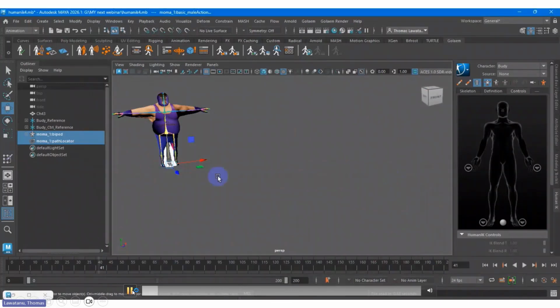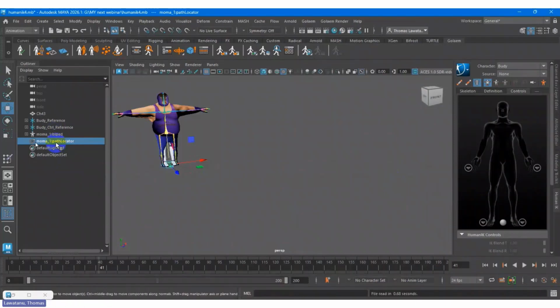Okay, the first thing, when you see the outliner, once you apply the motion maker, there is a path locator. See on my screen right now, there is a green one under the character, which is the locator. Automatically, when you apply the motion maker, there is a locator.